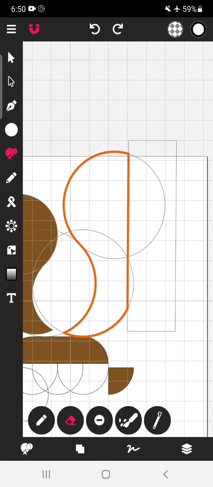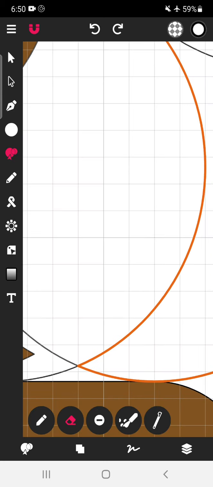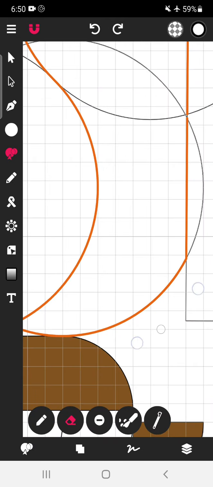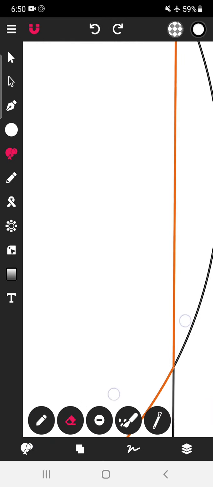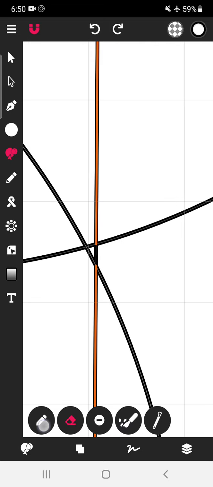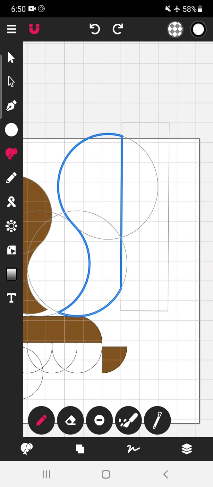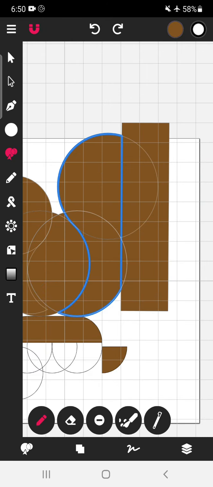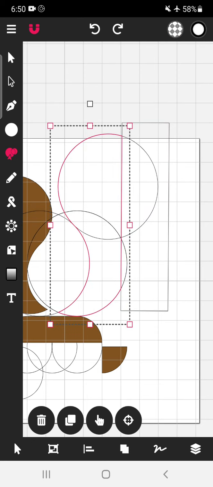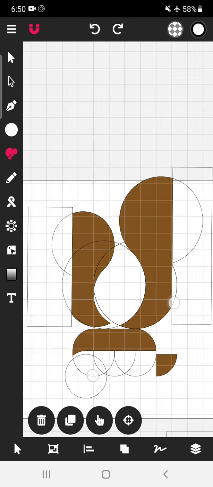So it is still not closed. There is some problem somewhere. Let us see. Okay, we can see the problem is here. Select this. Now the shape is closed. Now use this color option, tap color and then undo. So our shape has got separated. Now color it properly and our bird logo design is ready.